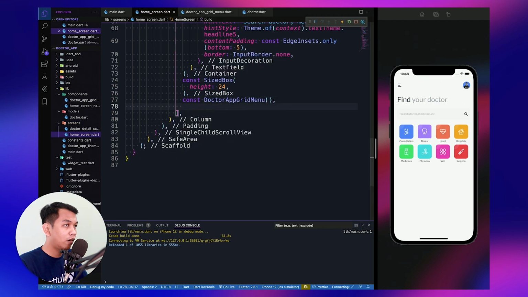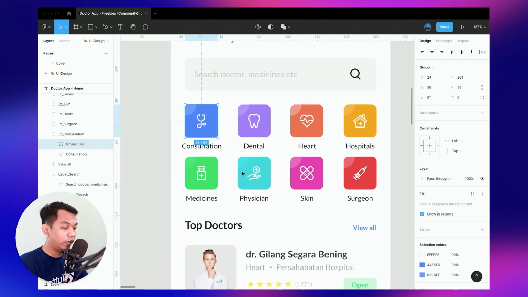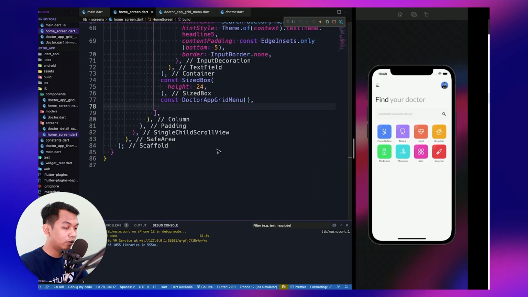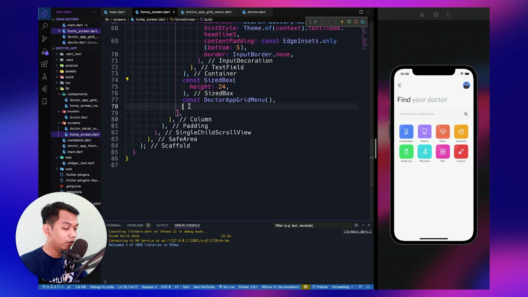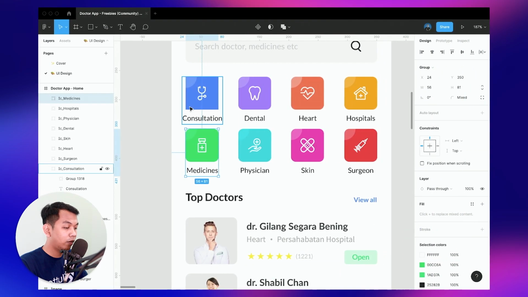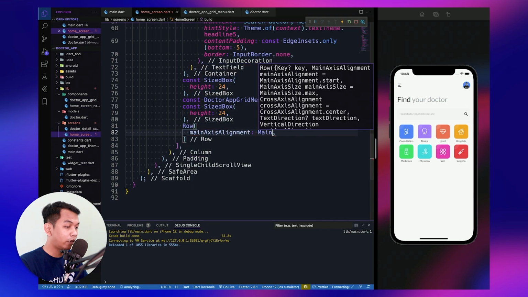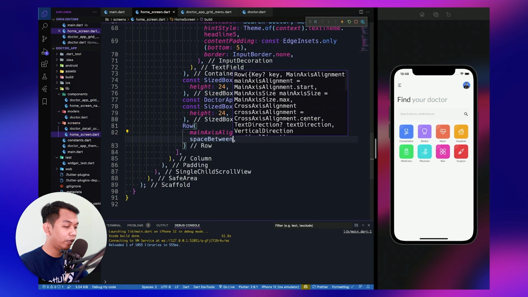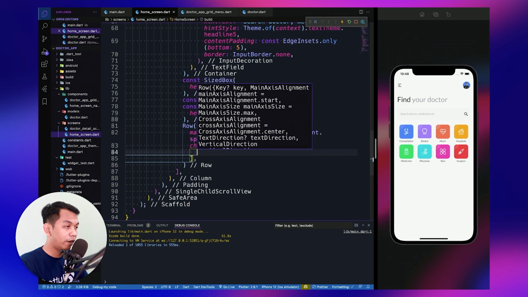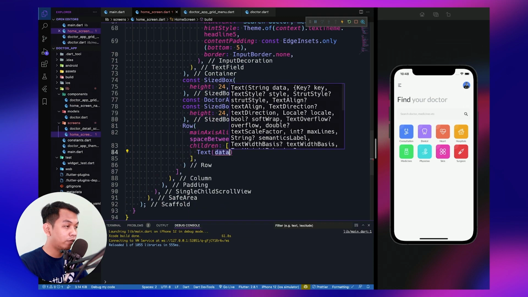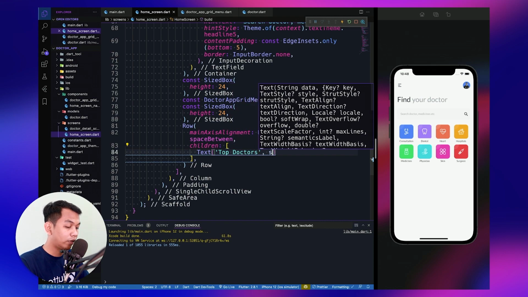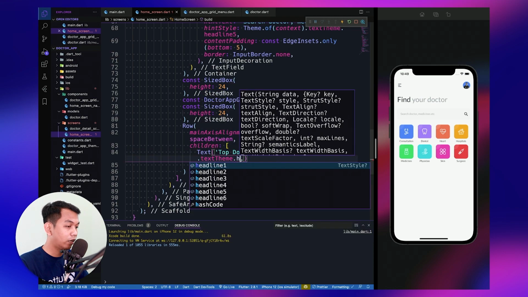Okay, and below our grid menu, we need to add a little padding here, 24. And below that, we have row widget. For the first, main axis alignment, set it to space between. And row widget has children, which for the first widget is text, and we say top doctors with the style, which we say headline 3.